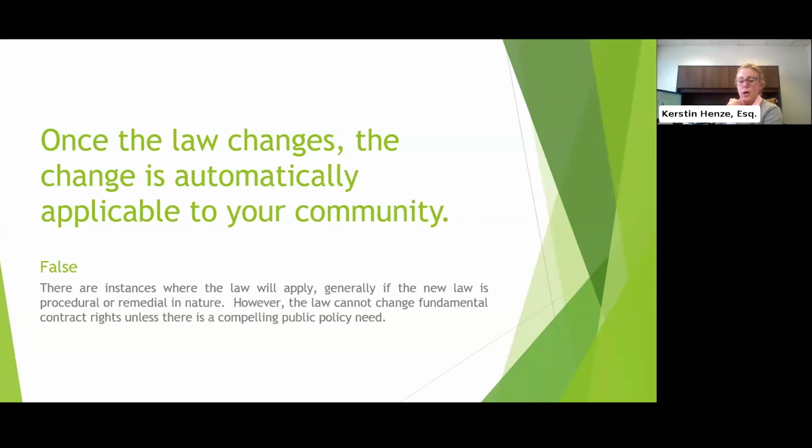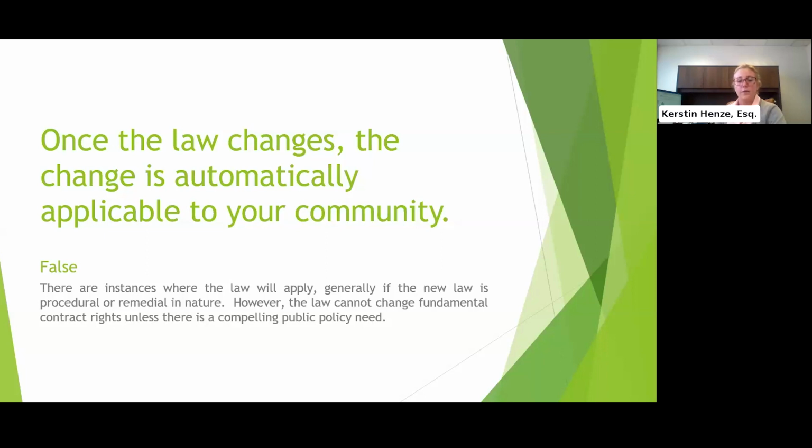So check your declaration and see if you have those magic words "as amended from time to time" at the end of Chapter 718 or 720. And if so, every year that the statute changes on procedural or substantive rights, the law will automatically apply to your condominium and your community.